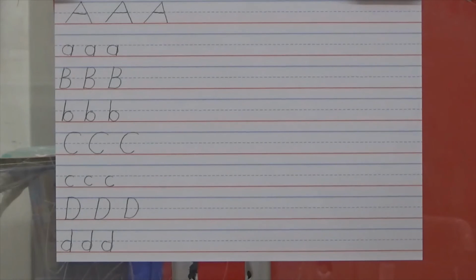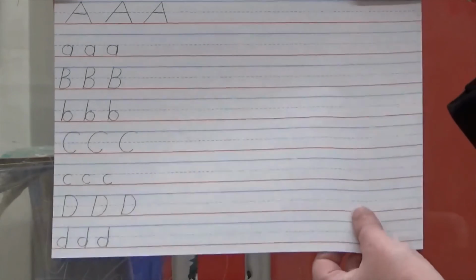Now there are many cool ways that you can write it. I mean, writing on the table is fine, but that gets boring, right, boys and girls? So there are many different ways that you can write. You can do it on an easel like myself, or you can get silly with it. For instance,